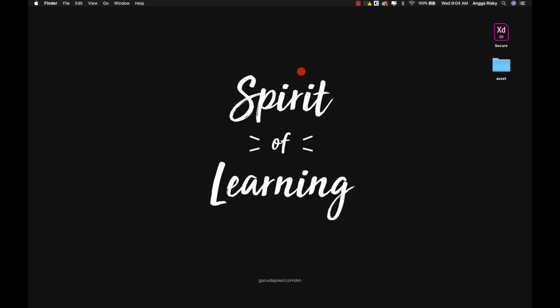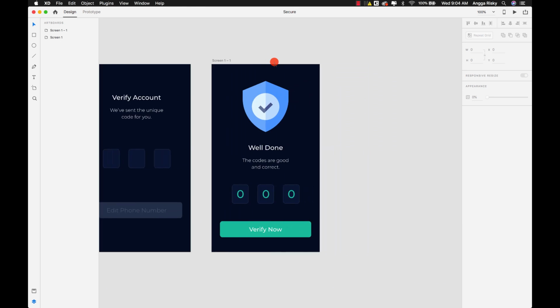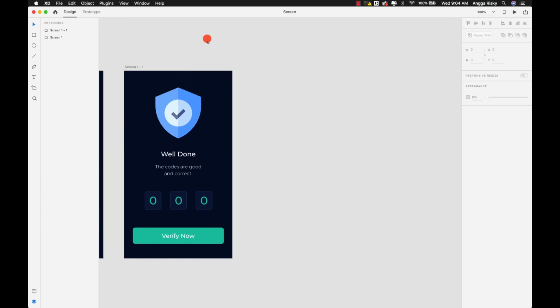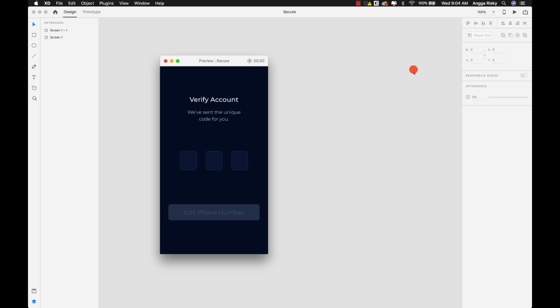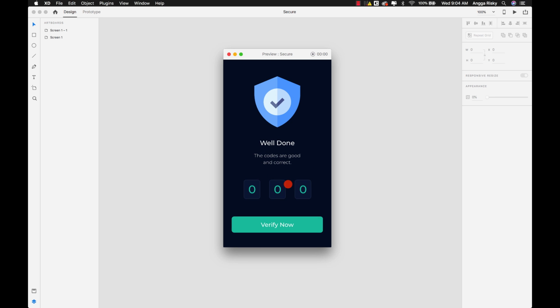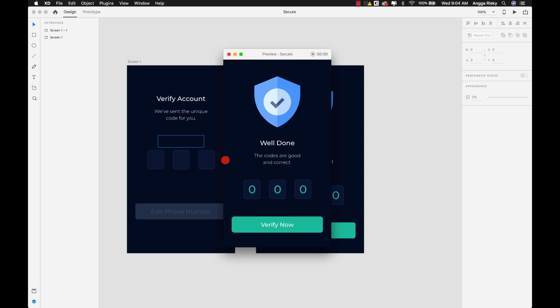Hey guys, welcome to my desktop, and once again thank you very much for coming back. We're going to learn how to implement this design with the animation that I made in Adobe XD, like this one. When we fill up this text field, it changes like this, which is ready to go to the verification segment.